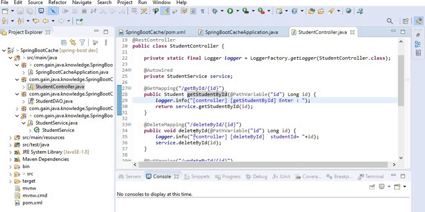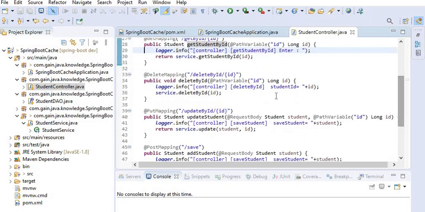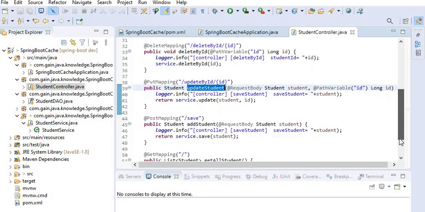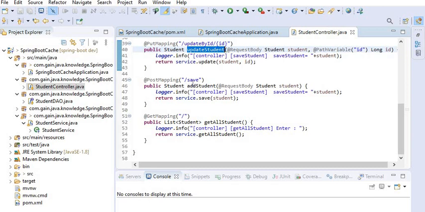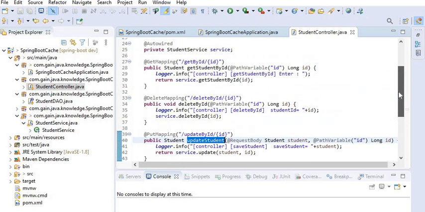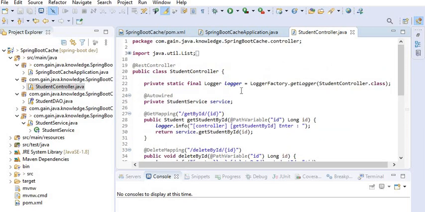This is delete by ID at controller level. In the log I have defined controller, update student based on ID. Like this I have created save or add student and get all students. 5 REST endpoints I have created. Now this is just like a simple REST controller.